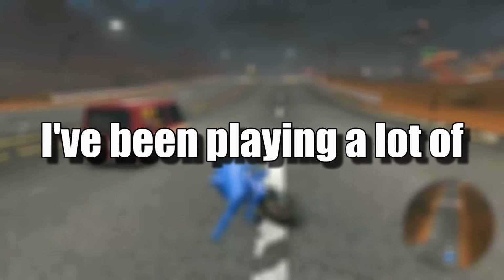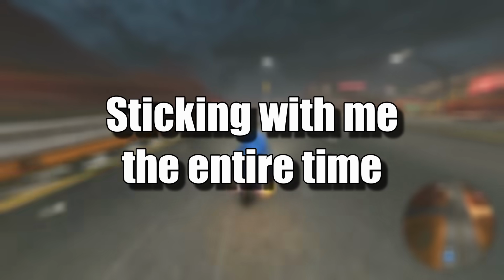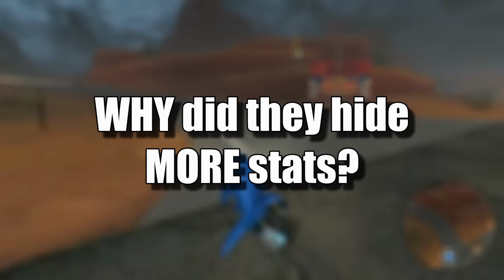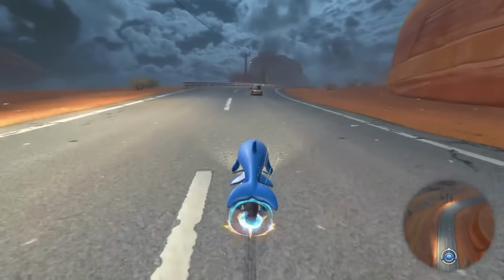Over the last few days, I've been playing a lot of Mario Kart World, and I had one big question sticking with me the entire time. Why did they hide more stats? When it comes to picking the best combo that you can use in the game, it's important to look at